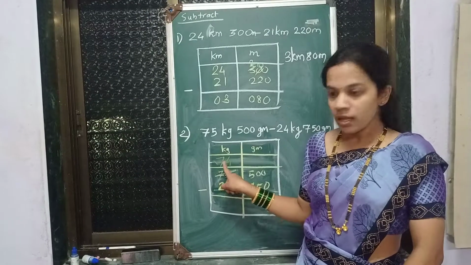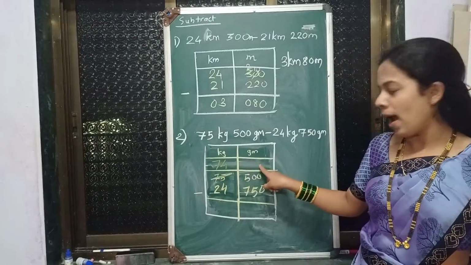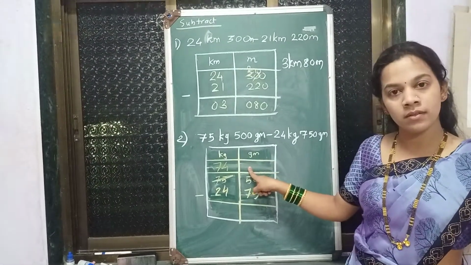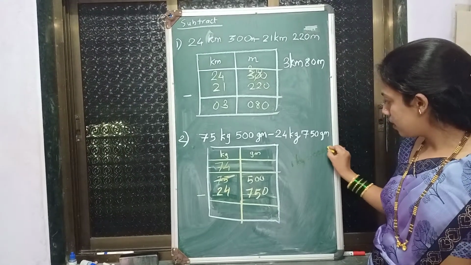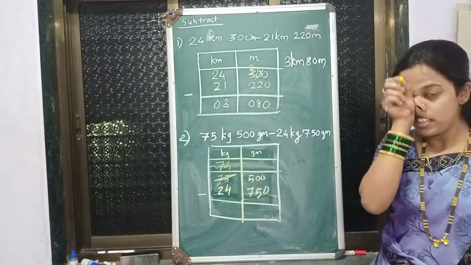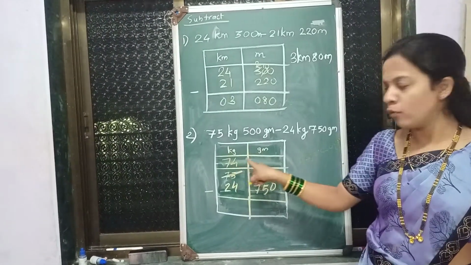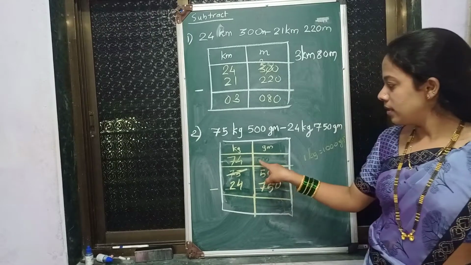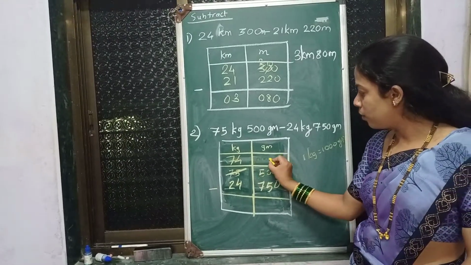Okay. So 75 minus 1 what I did? I got 74. That 1 kg which I have subtracted, that 1 kg I am going to add over here. 1 kg when it will come in grams, what will be the answer? 1 kg is equal to how many grams we know? It is 1000 grams. Yes or no? So that 1 kg which I have subtracted from here, I am going to add over here. When it got converted into grams, it will be 1000.